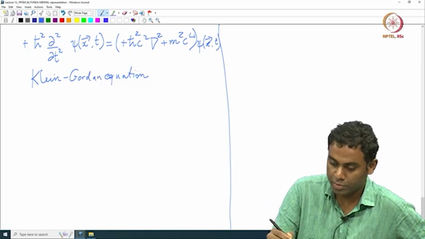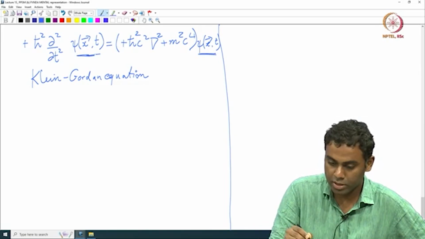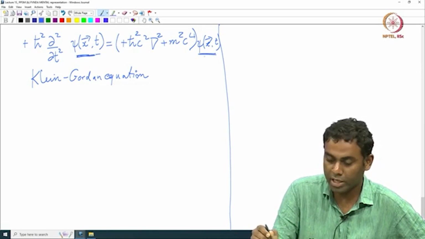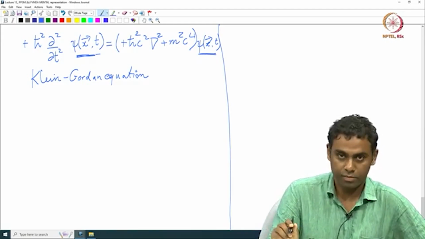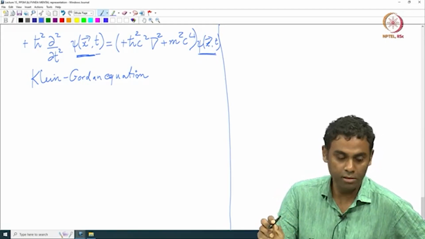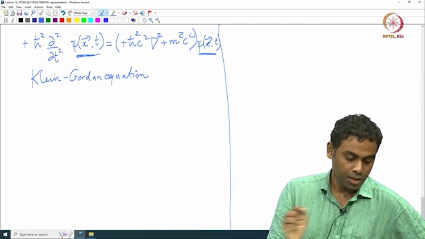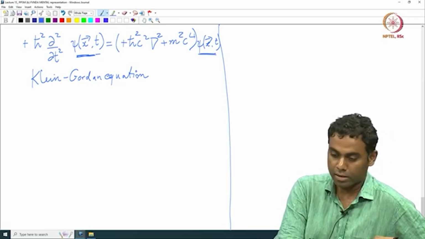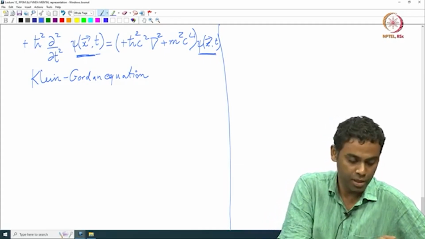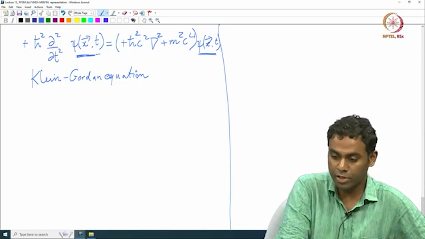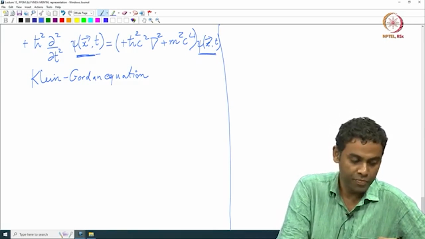and since we did not mention spin here at all, if this describes a particle state, it had better be a spin 0 state. So the Klein-Gordon equation we know does describe a scalar wave, agreed. But this does not tell us that the entire equation is actually Lorentz invariant. We seem to have put space and time on the same footing, it looks like the Klein-Gordon equation, but we should really make sure that if this is the equation of motion for the state, it actually is Lorentz invariant. In other words,